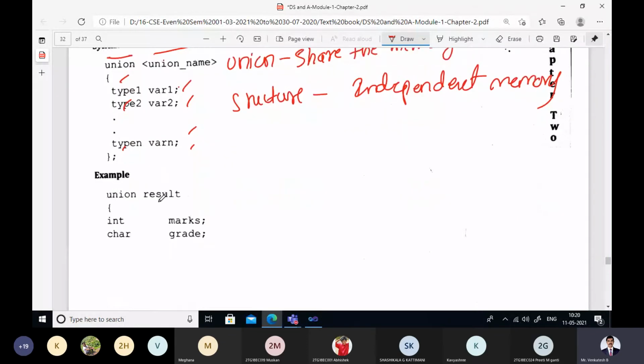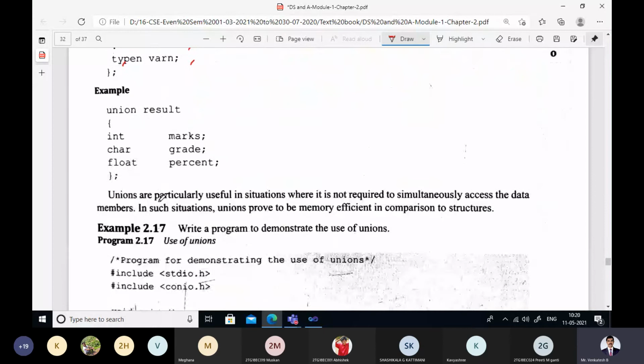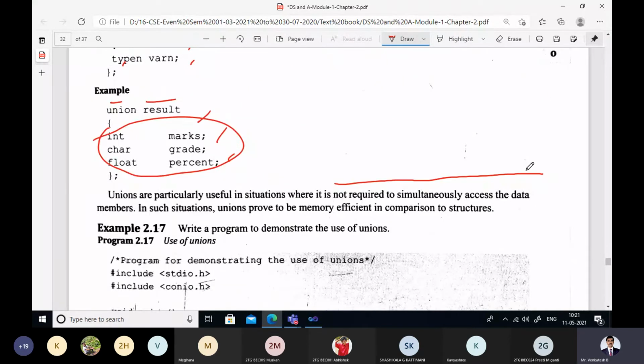Where do we use the union? We use the union in situations where we do not require all the members to be active. We want details of only one member at any given point of time. When you want to process only the marks of the students and you don't want to process and store grade and percent, then we go for union.